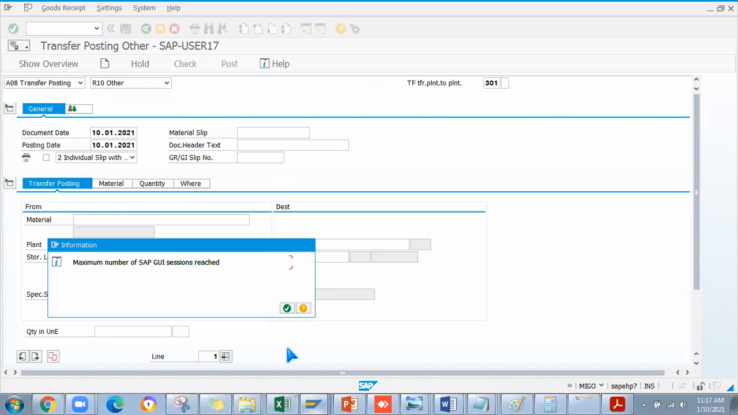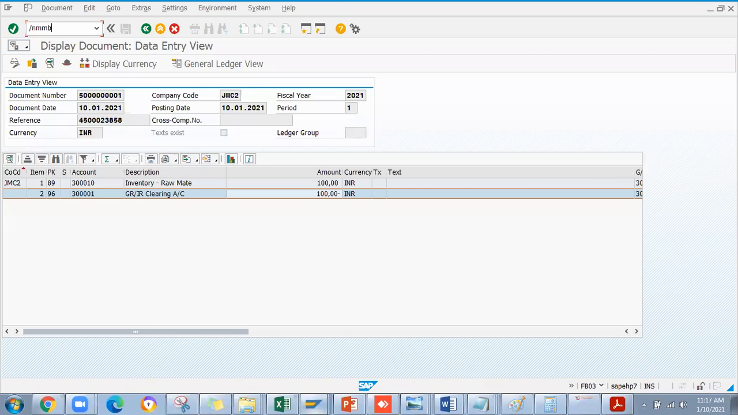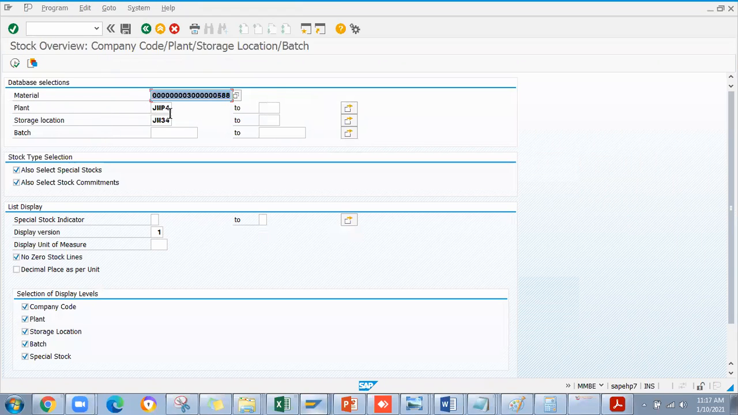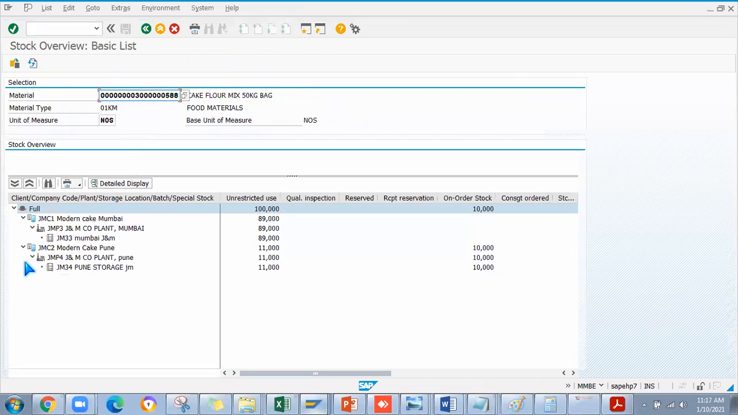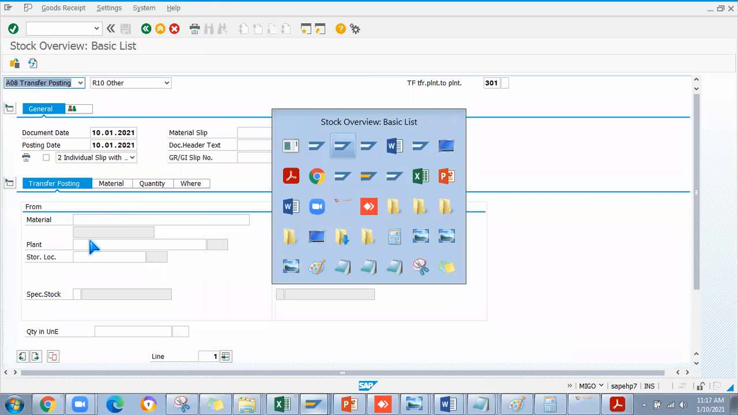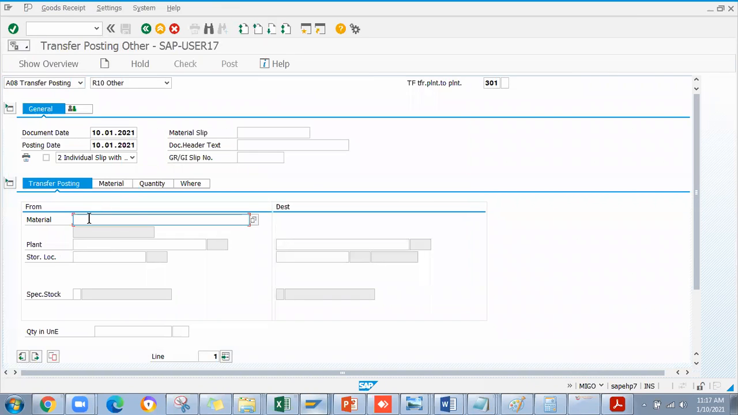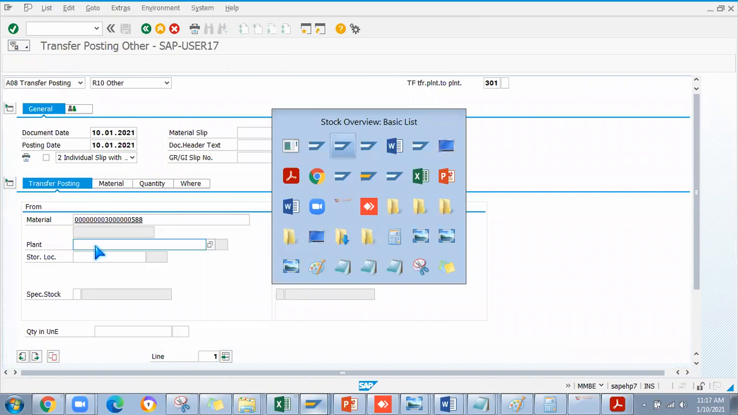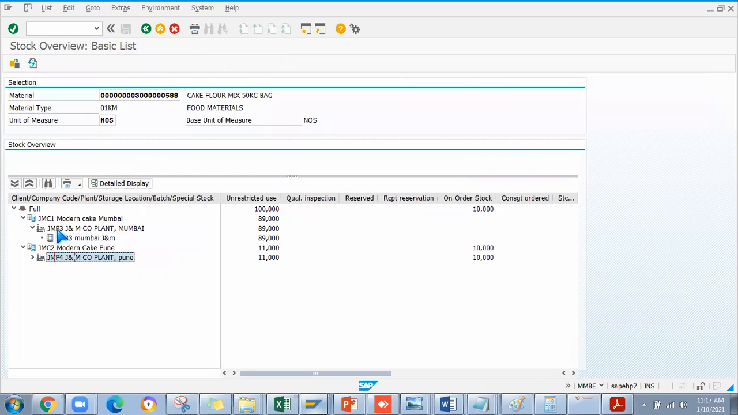Okay, sorry, I'll open the screen /mmb. I'll remove these details over here. Okay, I'll put the material. Just imagine JMC1 and JMC2 are the two company codes. We have two plants, P3 and P4. Now I'm trying to do the transfer posting through 301. The plant is JMP3,